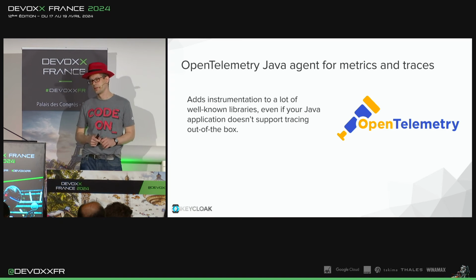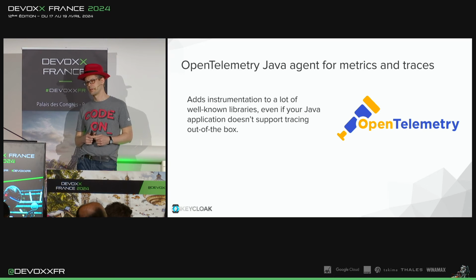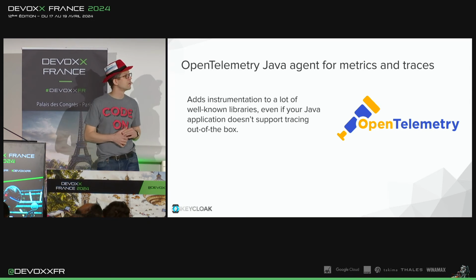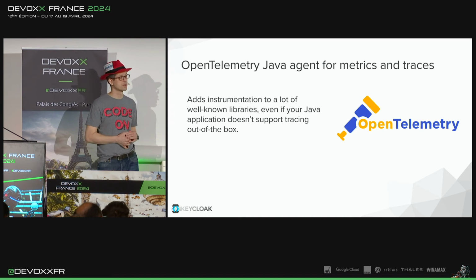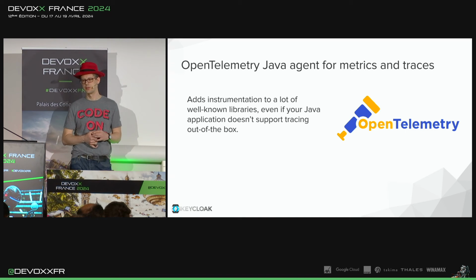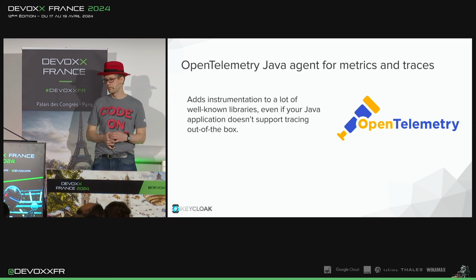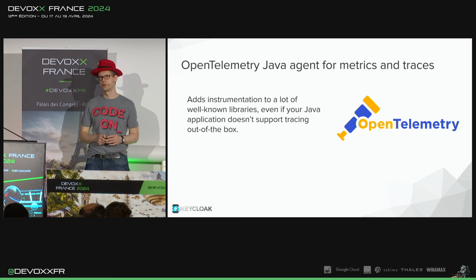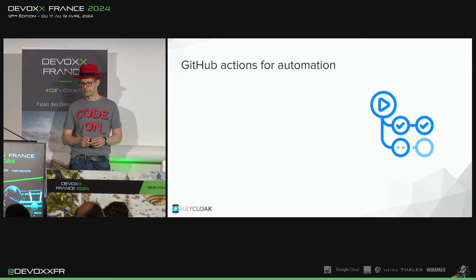The OpenTelemetry Java agent is also a nice piece of technology. It provides you with metrics, with traces, and also logs. Keycloak does not yet have full OpenTelemetry support, so we started with using the agent, although the Quarkus people recommend to use the Quarkus built-in instrumentation for OpenTelemetry. It works reasonably well, I'd say. We hope to have full built-in OpenTelemetry support soon, but that helps a lot to get the metrics that we needed.